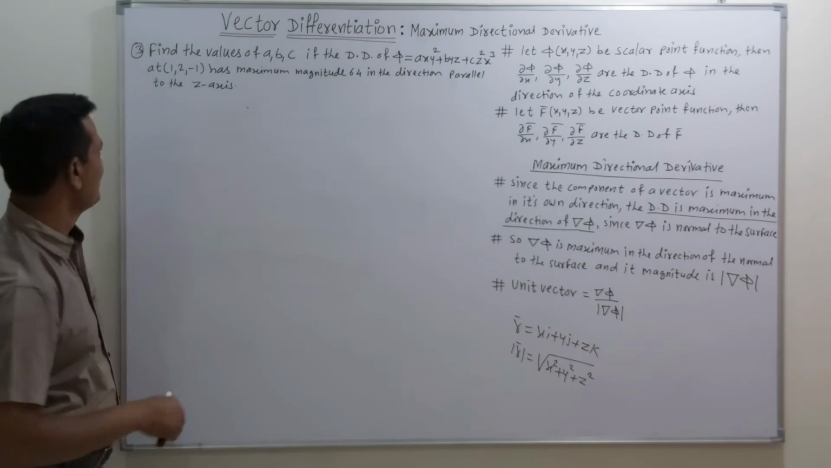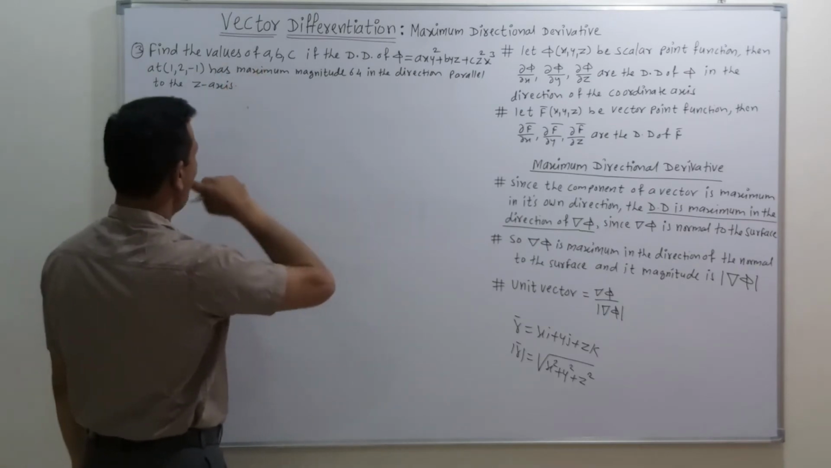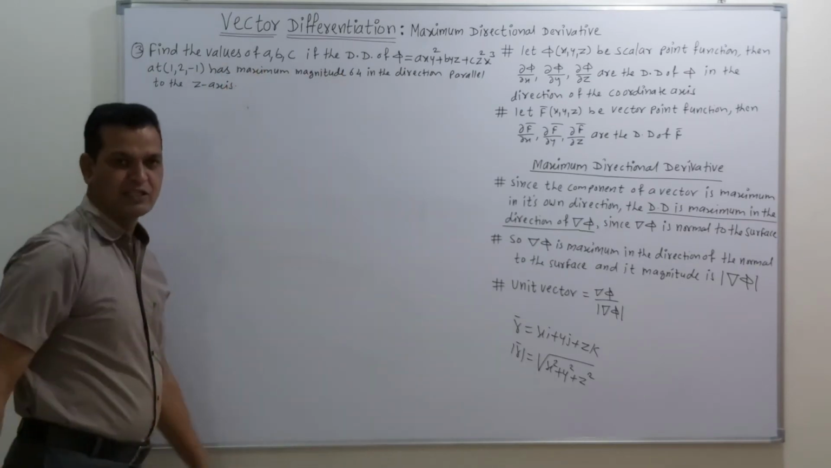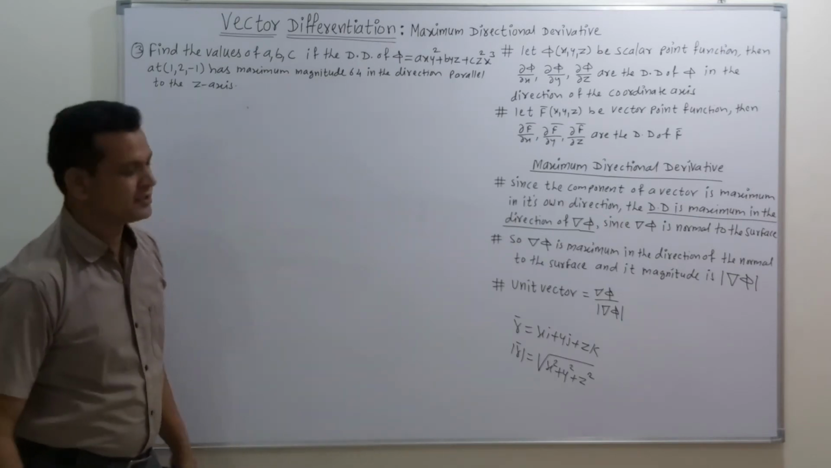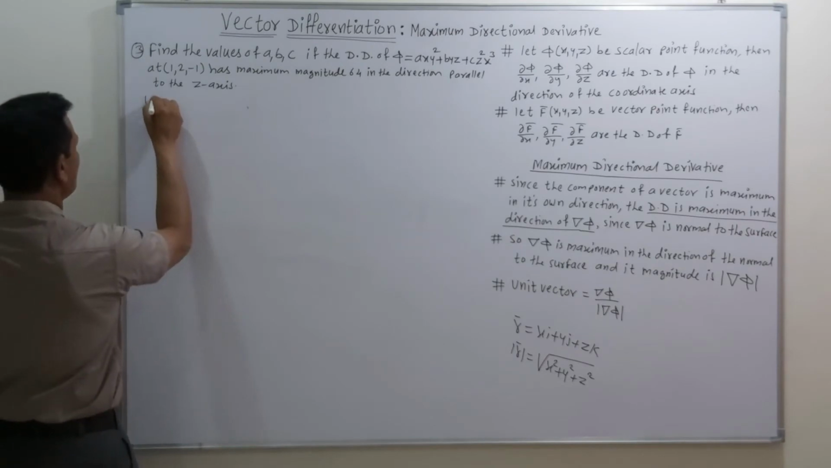So this is the question. That means we have to find out the value of the constants when the directional derivative has maximum magnitude 64 in the direction of a line parallel to the z axis. So now friends, we know that